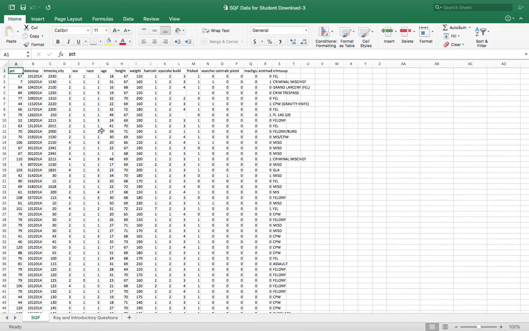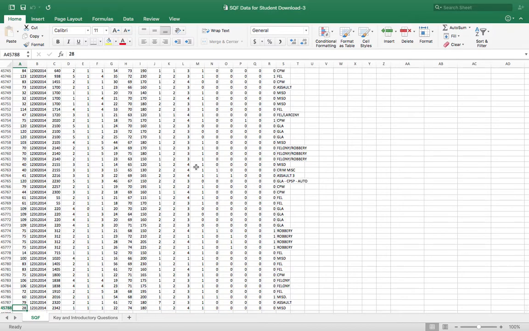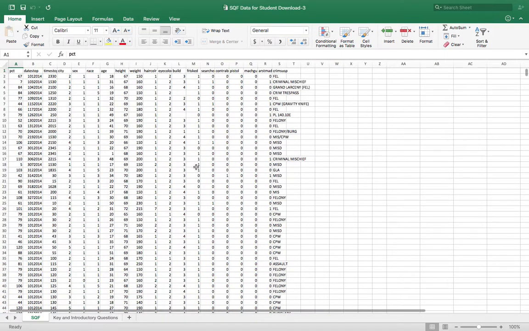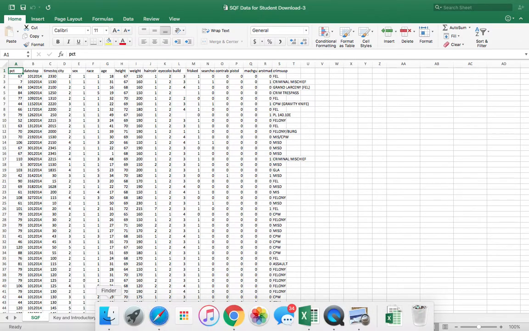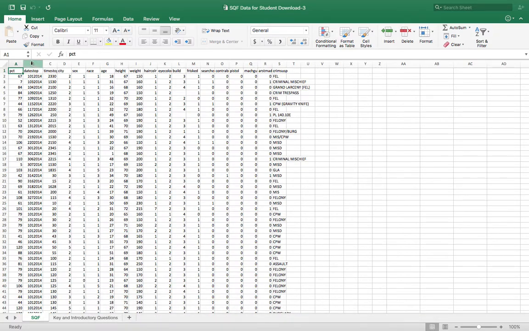But the nice thing is if we have a big data set, and in this case, jumping down to the bottom, we see we have almost 46,000 values that we're going to be working with. The nice thing is that spreadsheets allow us to crunch numbers on an entire data set like this pretty easily. What I want to look at first, though, is sampling. And so the first step of the project is creating a random sample. And the easiest way to do that is to